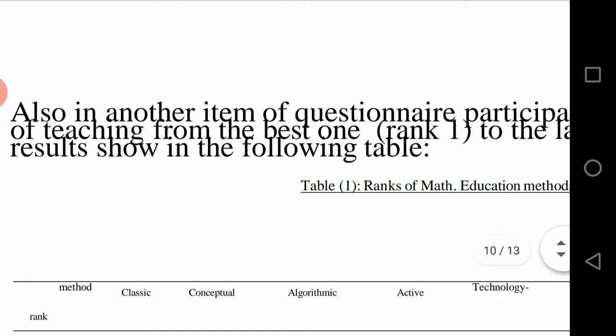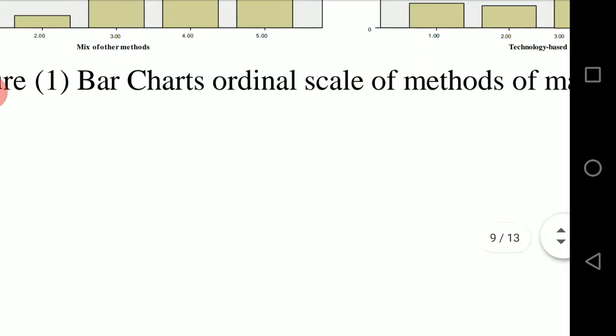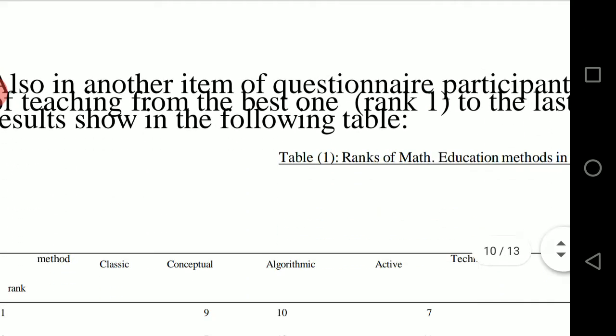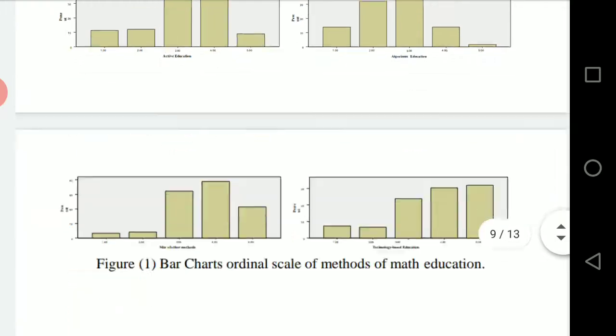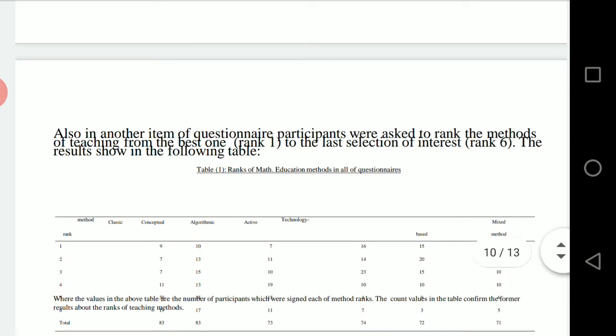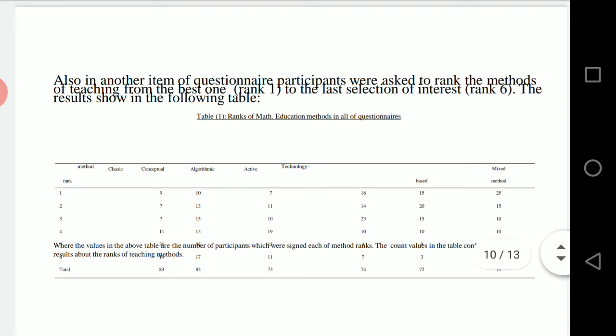Also, in another item of the questionnaire, participants were asked to rank the methods of teaching from the best one, rank 1, to the last selection of interest, rank 6. The results are shown in the following table.